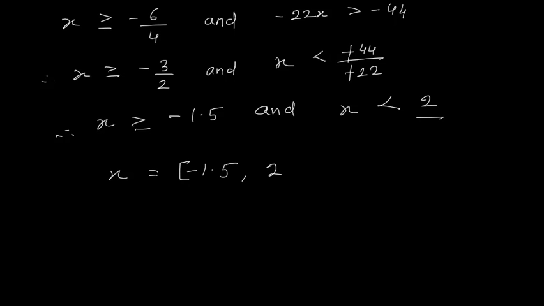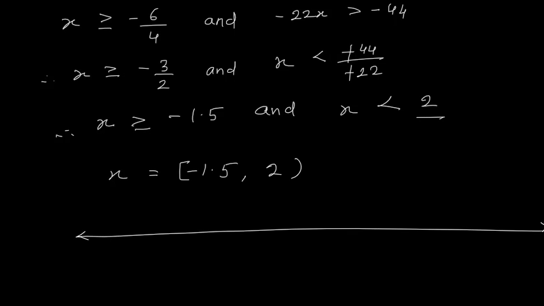On number line I will show it. So this is 0, this is -1, this is -2, this is +1, +2. So in between we have -1.5. So -1.5 I have to include, and till 2 I have to go. So a straight line you must draw. Okay, use your scale and then draw. So here when I draw, I will get line like this. Okay, and here I will use an open circle. This is question number 22.